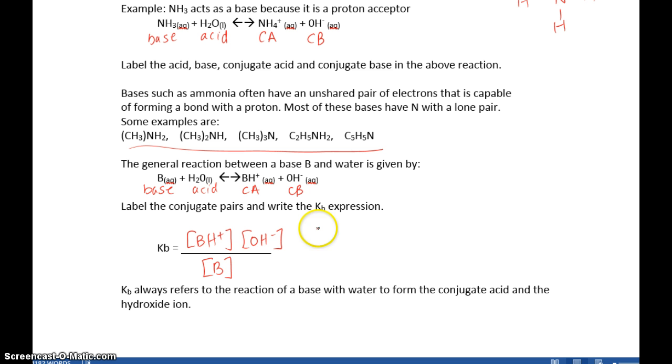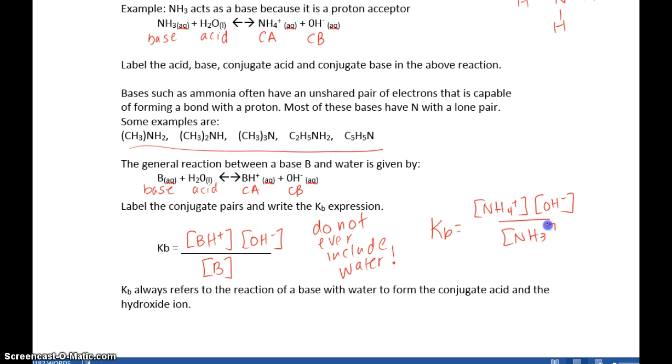Do not ever include water. The concentration of water does not change, so we would not include water. If I were to write the Kb expression for ammonia above, I would write NH4+ times OH-